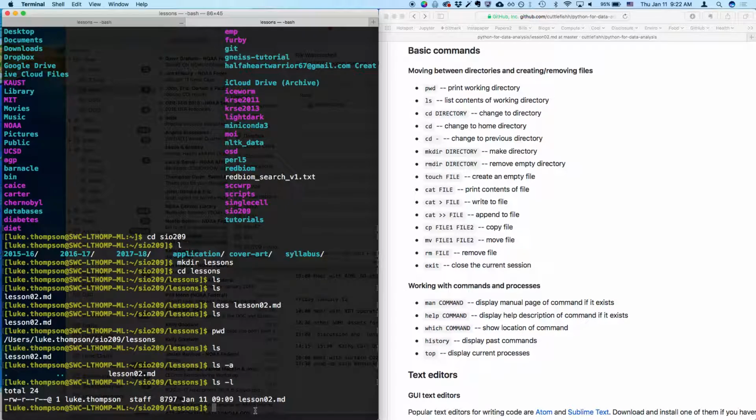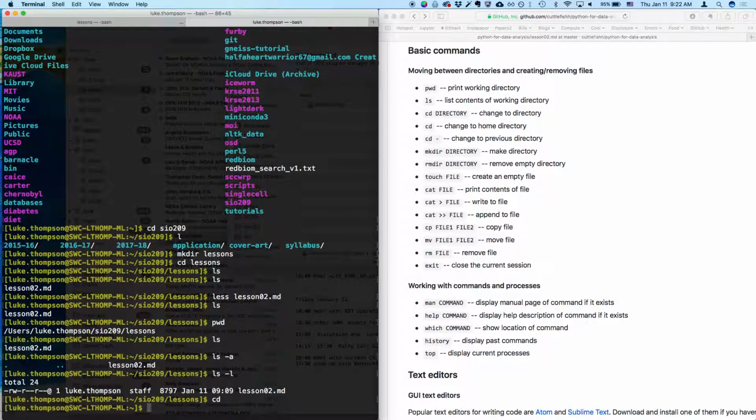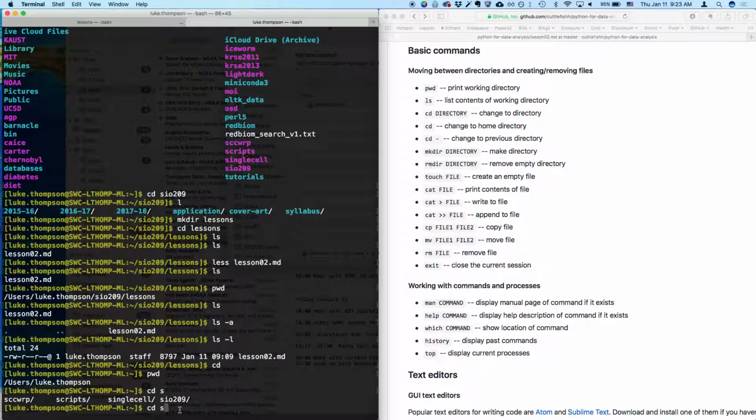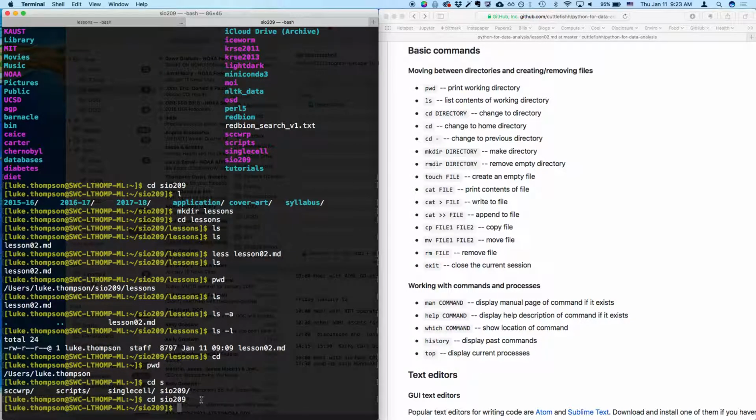Another command is cd. So cd has a number of different versions, or again, different ways of operating. If we just type cd by itself, it will take us to our home directory. And we can verify this by typing pwd, and you'll see now we're in our home directory. We can then type cd sio 209, and you'll see I'm using tab completion, so I can type the first few letters and hit tab, and if that's the only option, it will automatically complete that. And if not, and if I type tab twice, it'll show me all of the different options I have that start with S. So I'm now in SIO 209,